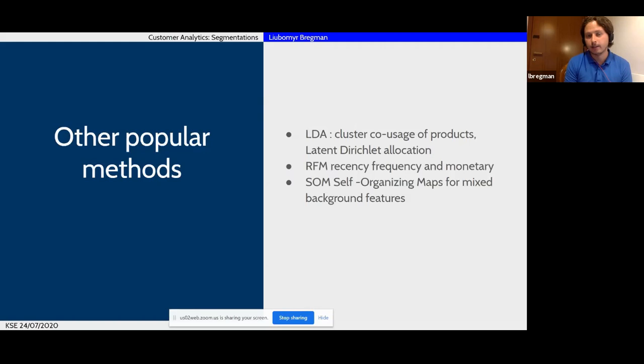Some separate scientists do it or implement it. I know that some banks invest resources to develop this clustering algorithm for themselves, but I'm not sure if there is an open source, standardized, publicly available version and so on. Yeah. So this is a good point to summarize everything about the segmentation and move to the next topic.